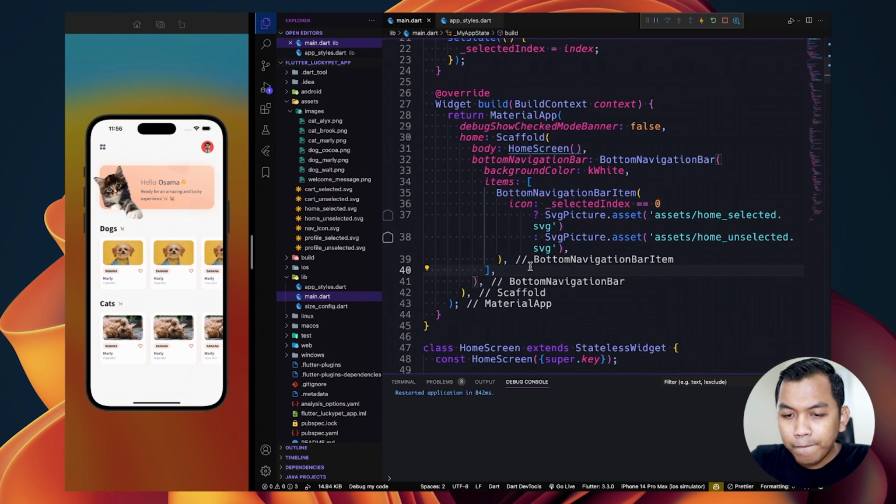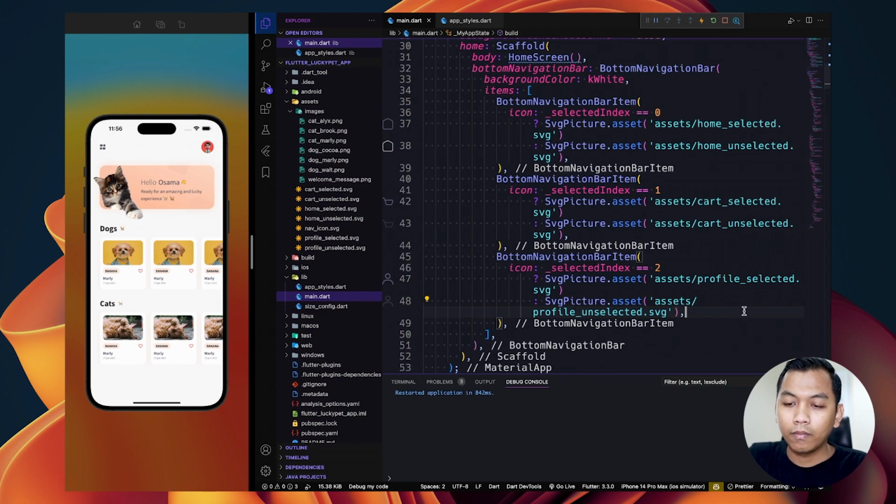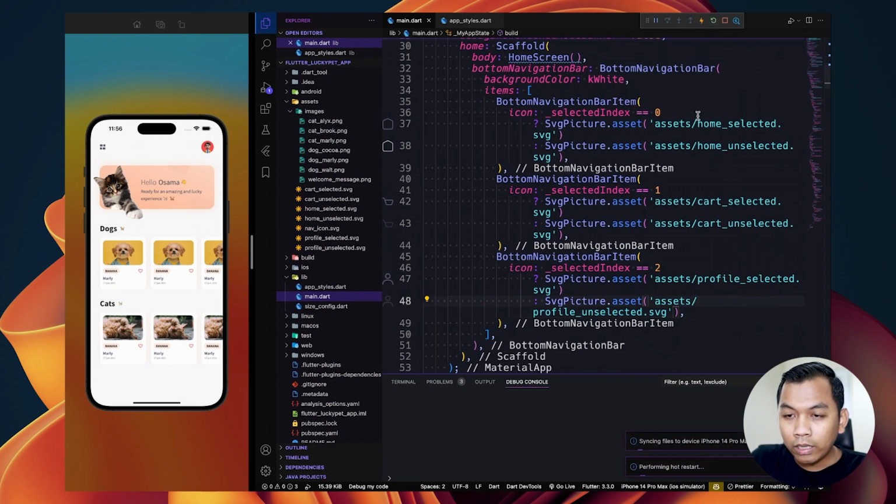So we can simply duplicate this 2 times and change this to 1 and 2, and this to chart, and this to profile. Look like this. And let's restart our app.